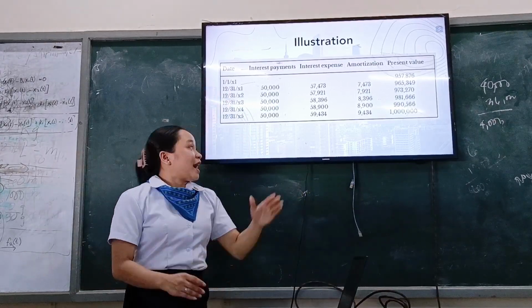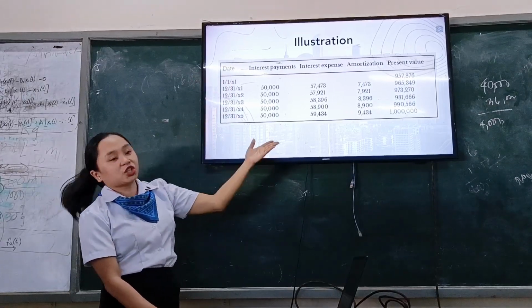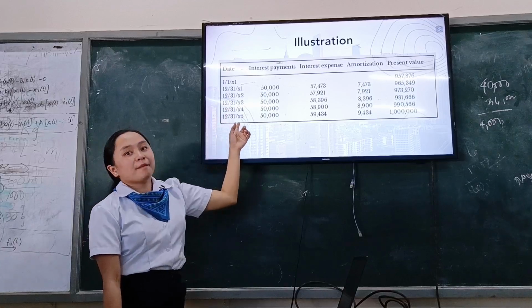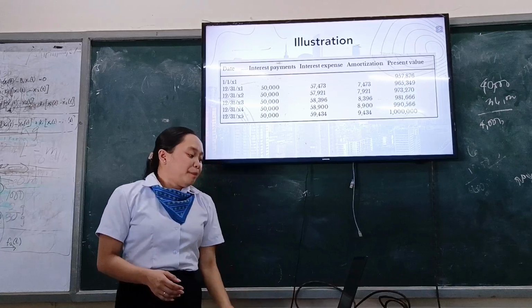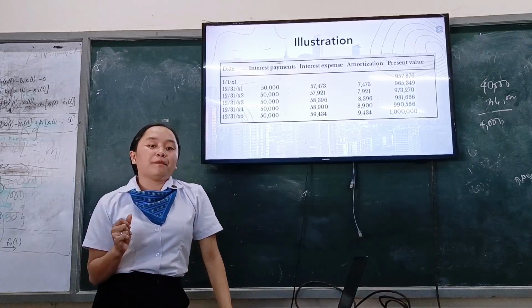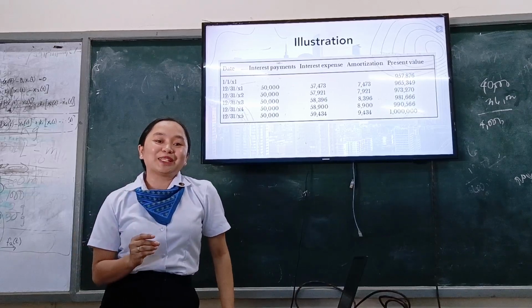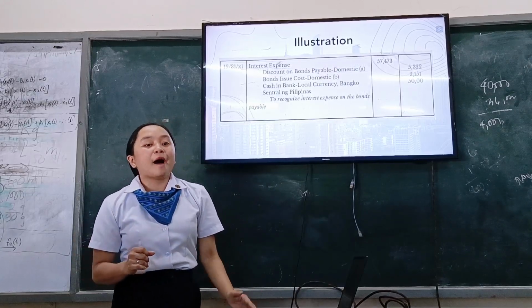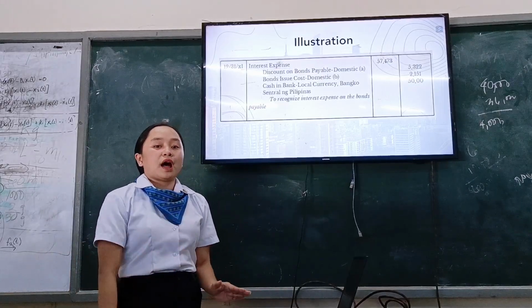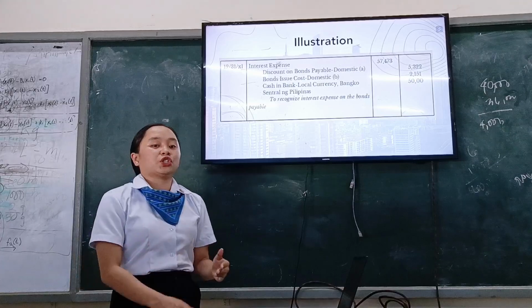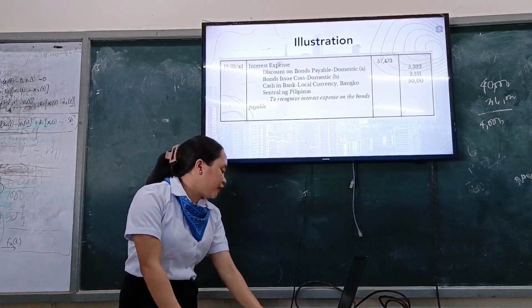So kung giunsa pag kuha ang process sa pag-solve sa amortization sa year 1 hangtod mag-mature na ang bonds payable. Mahibal-an nato nga mag-mature na ang bonds payable if ang present value is equal na siya sa issue nga is equal na siya sa issuance cost. And then we have there